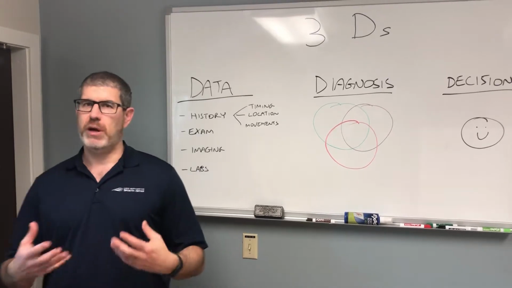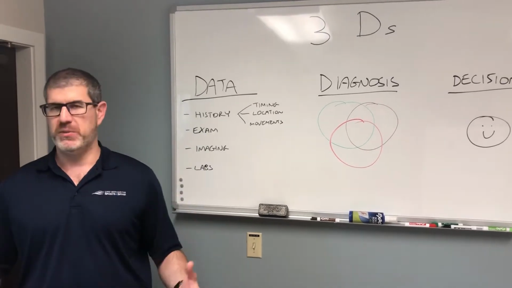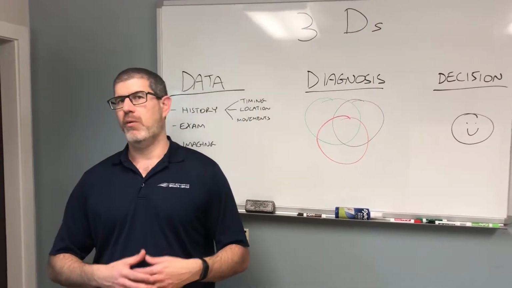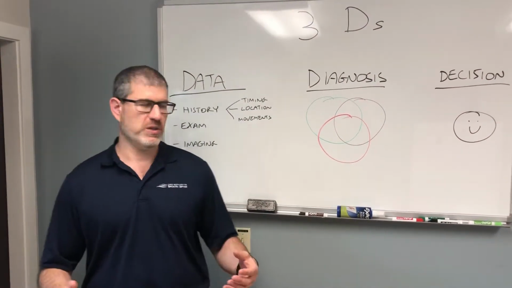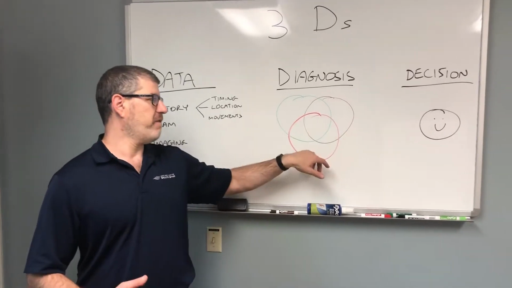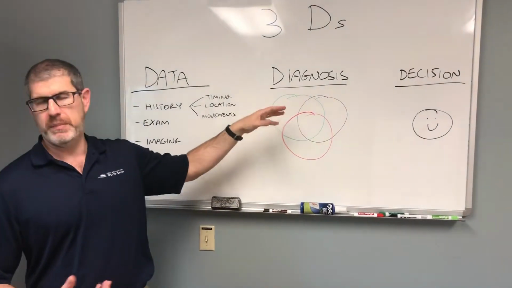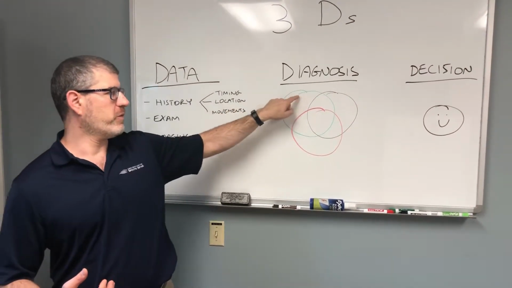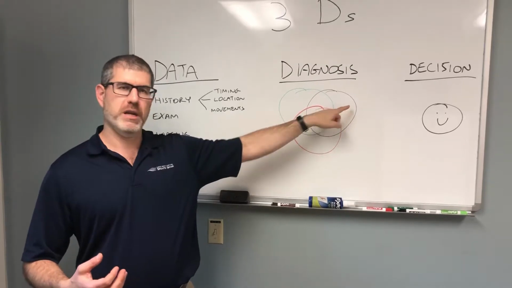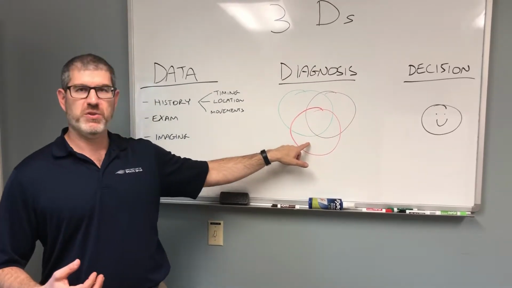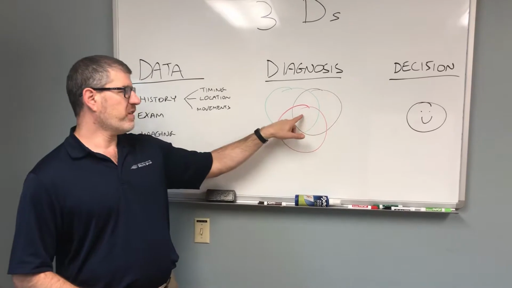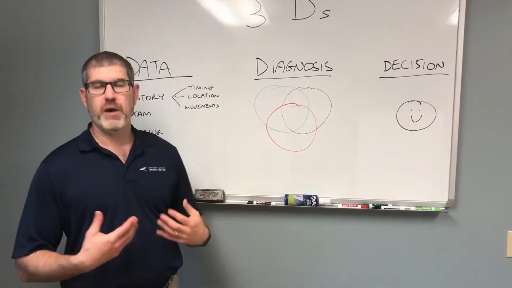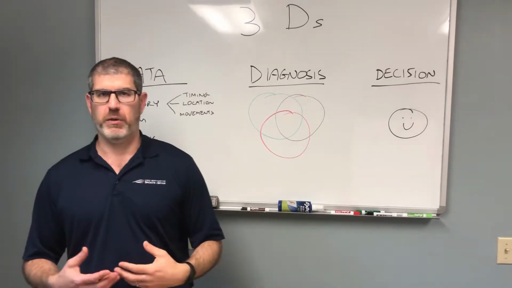Once I have that data, what I want to think of is what are all the possible diagnoses. So if somebody comes in with anterior knee pain, I want to think about what are the top 10,000 causes. I actually like to think like I'm making a Venn diagram. This is just showing 3, but it might be more diagnoses. Let's say I have anterior knee pain. I might think about patellofemoral syndrome, medial compartment knee arthritis, and quadriceps tendinosis. What I want to know about is not just what's common to each of these different symptoms, but what are the things that are unique and distinct. That way I can really clarify what diagnosis I'm dealing with for sure.